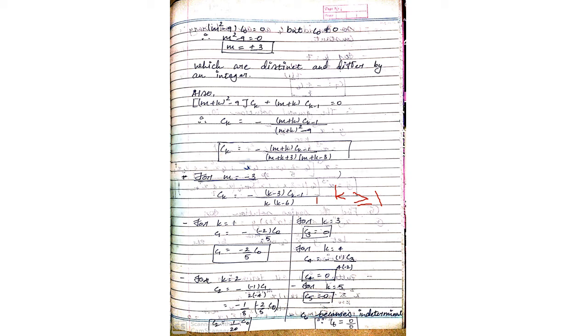Same, you have to find for k equals 3, the next coefficient. So I'm putting k equals 3. You can see that 3 − 3 will be 0, so 0 upon any term will be 0 only. K equals 4, again you are getting 0. Putting k equals 5, that is again 0. Why are we doing so many terms? Because, as we know, in the last examples we only found up to k equals 2 or 3, that is, a minimum of 2 or 3 terms.